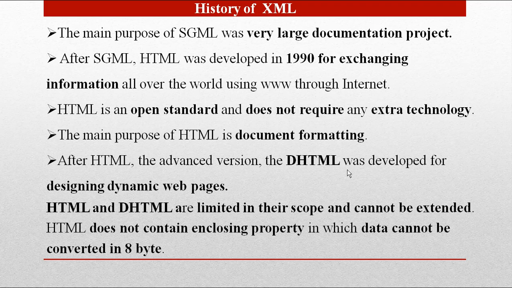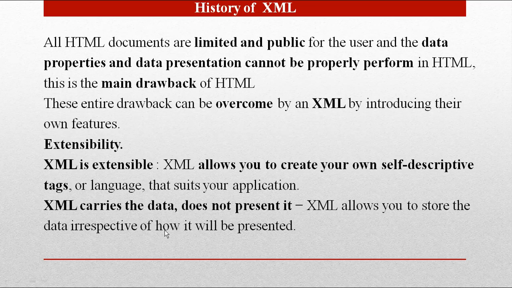So HTML and DHTML are limited in their scope. These are the drawbacks of HTML and DHTML. That is, the scope is very limited and cannot be extended. HTML does not contain an enclosing property, so data cannot be converted into 8 bytes. All the HTML documents are limited and public for the user, and the data properties and data presentation cannot be properly performed in HTML. This is also a main drawback of HTML, and all these drawbacks can be overcome by XML